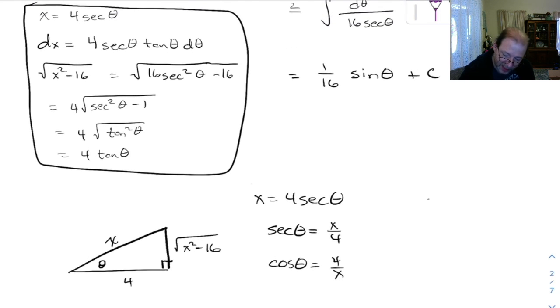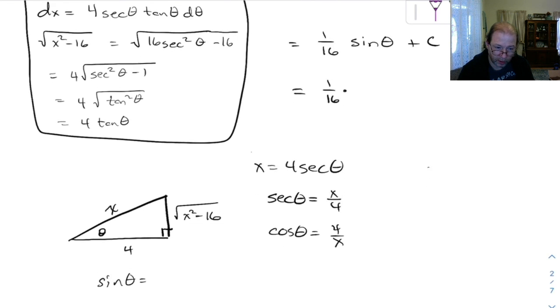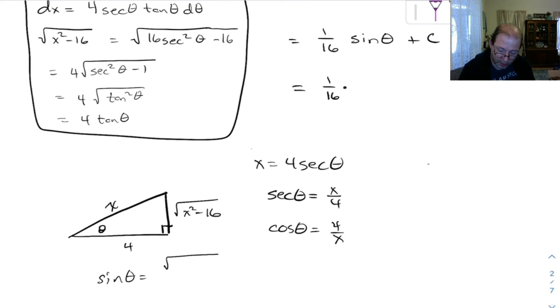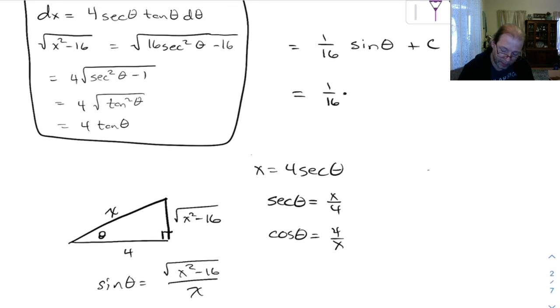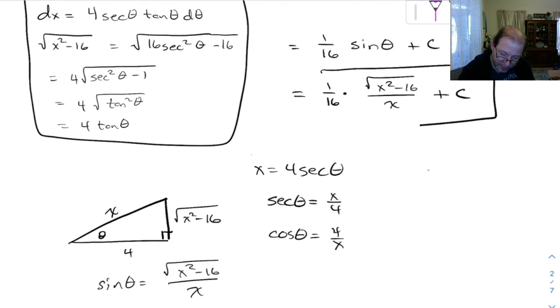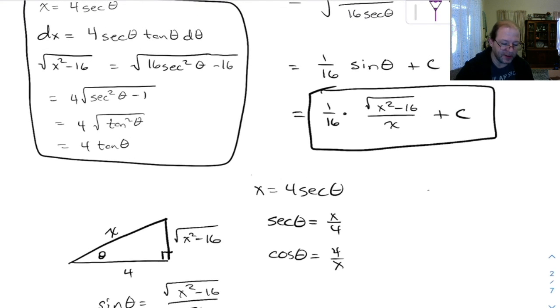So I can pull my sine straight off of here. Sine of theta, just read off the triangle, is going to be opposite over hypotenuse. So I'm just going to come back up here and write that in, and that's our answer. This was a significantly nicer problem than the first example. So we'll